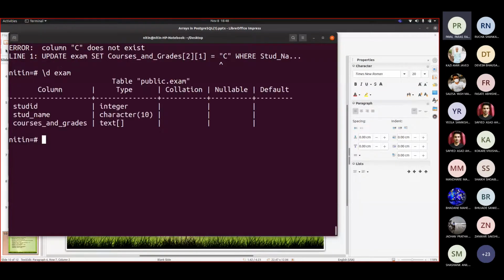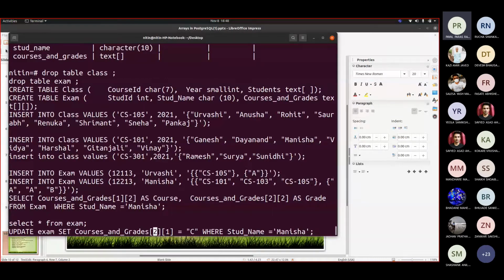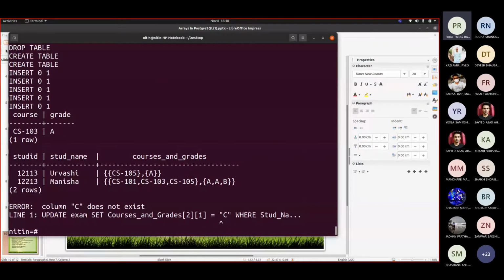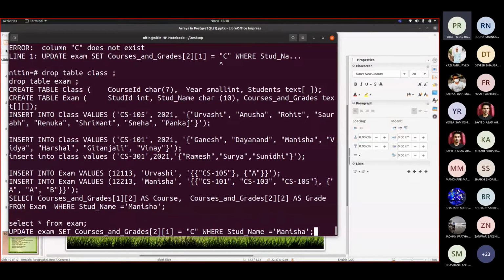Slash d exam. Column C does not exist. Why is it giving us an error? Update exam, set courses and grades.